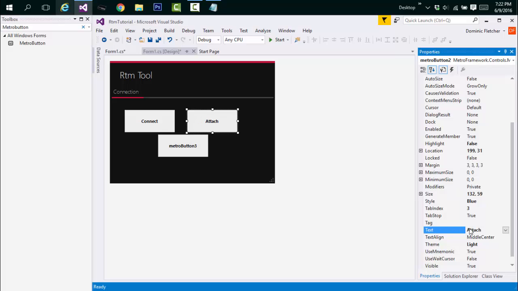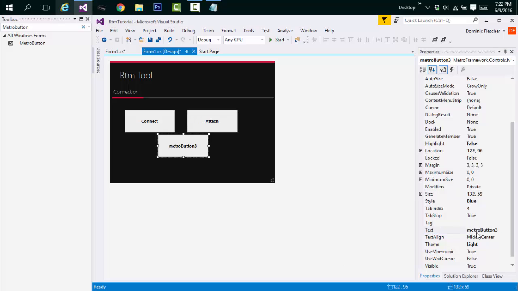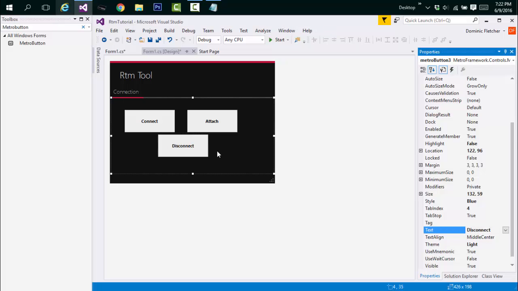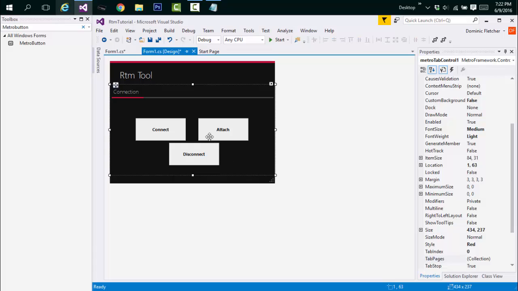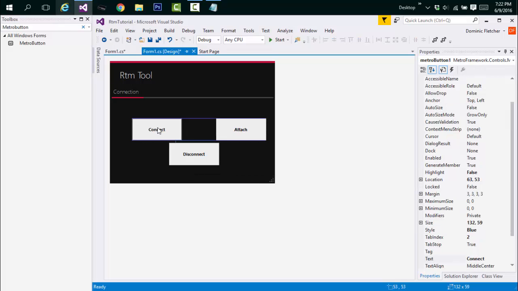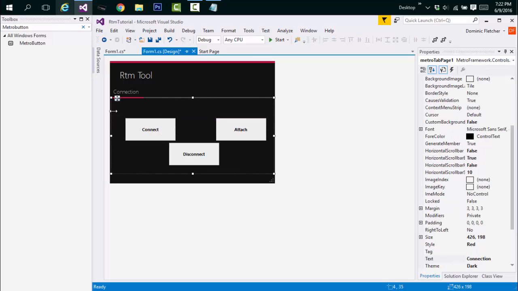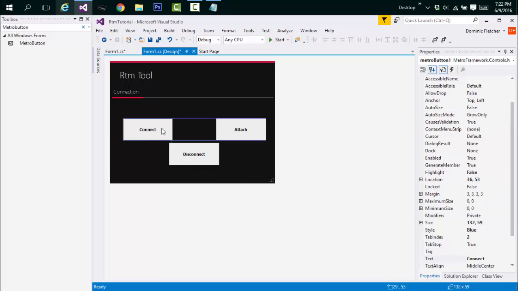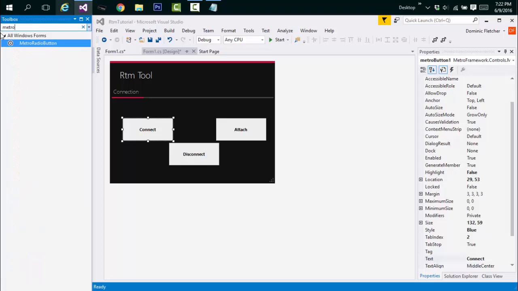Attach. And we're just gonna call this one disconnect. Boom. Now we have that. Now we're just gonna drag these over, and boom. Now we're gonna drag a radio button. So Metro radio button,